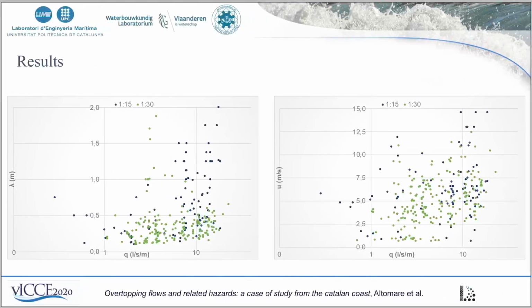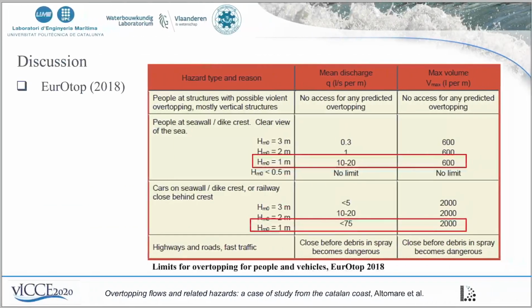meanwhile we could somehow relate the maximum volume and the overtopping discharge, we couldn't relate anymore the flow properties that characterize that individual overtopping volume to the overtopping discharge. So how should we behave regarding the criteria proposed, for example, by EurOtop, that are just based on overtopping discharge and volume, if we lose this kind of relationship?